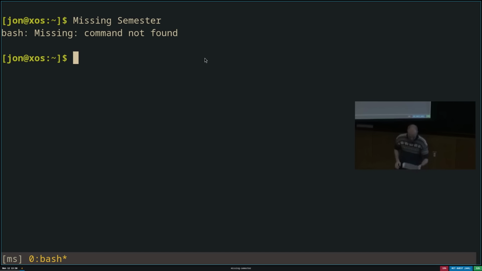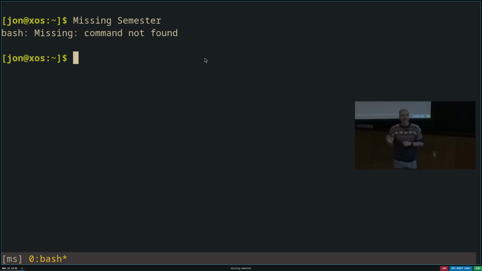So let's then look into what is the shell. Well, as I already explained, here we have the prompt. The prompt is the main interface you have to your shell. The start of the shell prompt over here tells you that my username is John. It tells you that the host name of the machine I'm on is XOS. The colon is the separator. And the thing after, the squiggly line, the tilde, is the location I am at in my file system. Tilde is short for my home directory. So currently I'm in my home directory, is what this prompt is telling me.